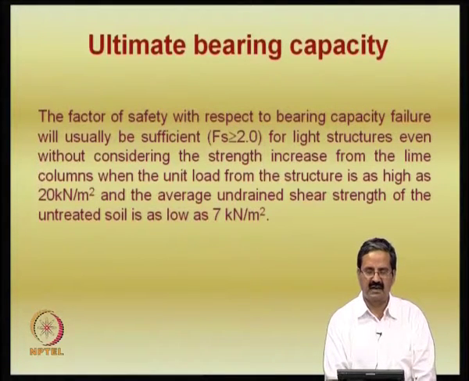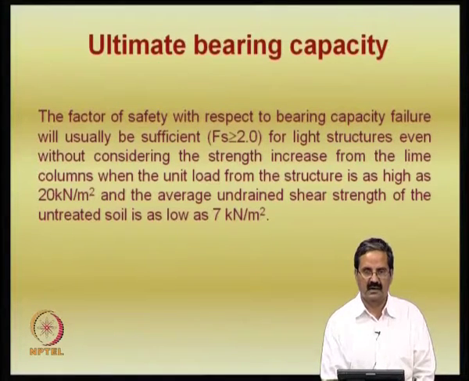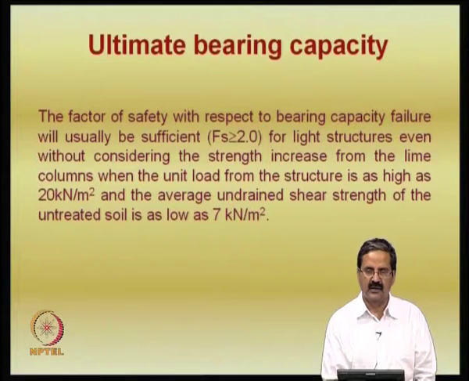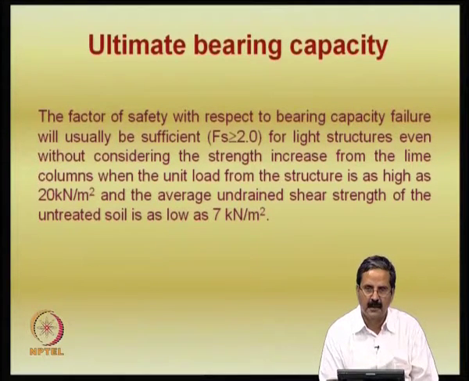So, you will get a C value and then use 5.14 C_u as the ultimate bearing capacity. You treat that as soil clay, maybe C_u could be 10 kPa and it got improved to 50 kPa because of the lime treatment. So, there is a 5 times increase in the ultimate bearing capacity,